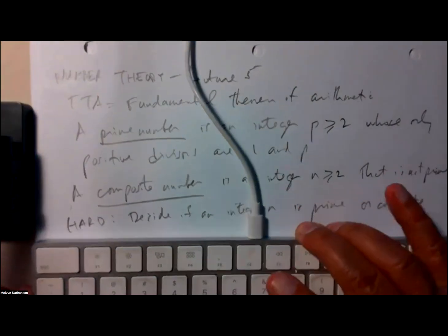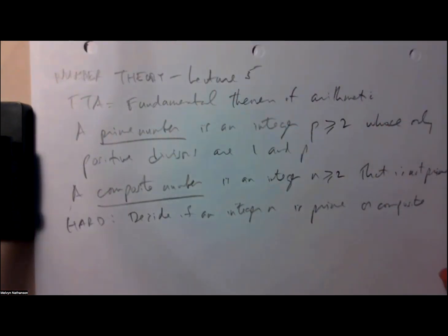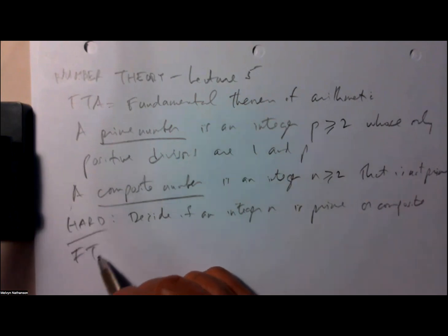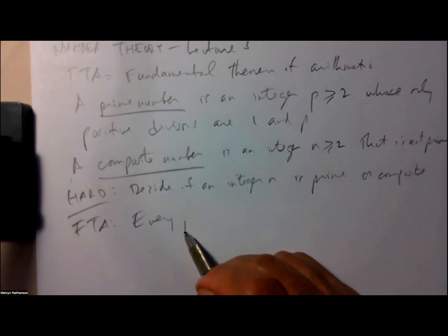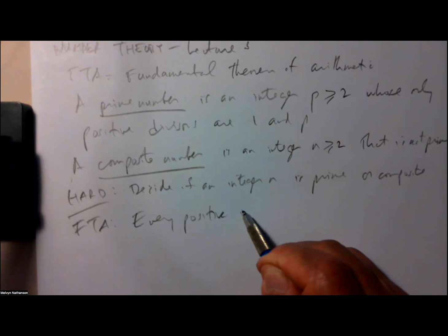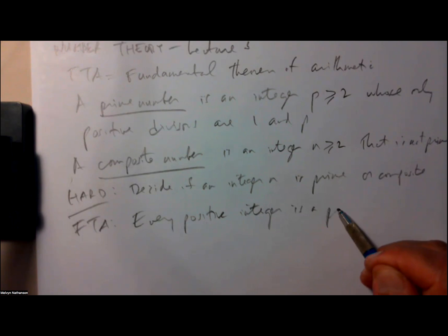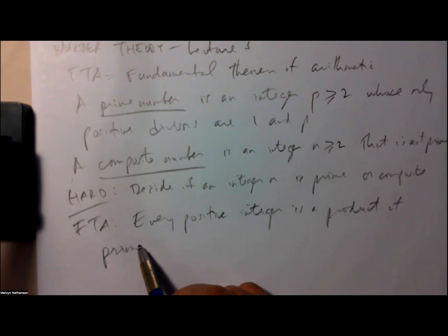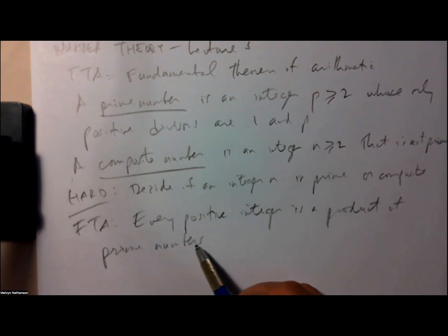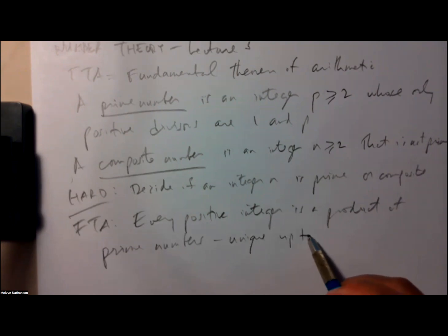Okay, we're back. So the fundamental theorem of arithmetic says every positive integer is a product of prime numbers, and the product is unique up to the order